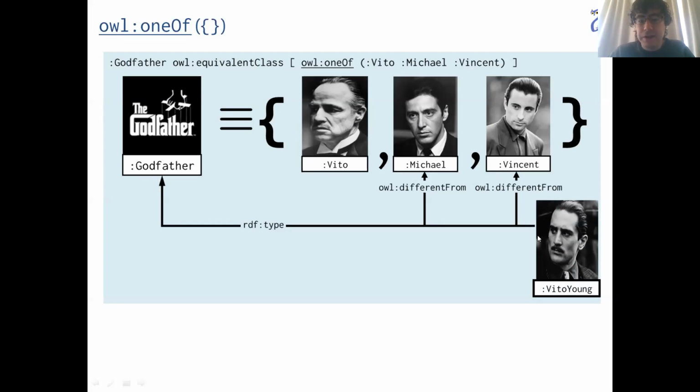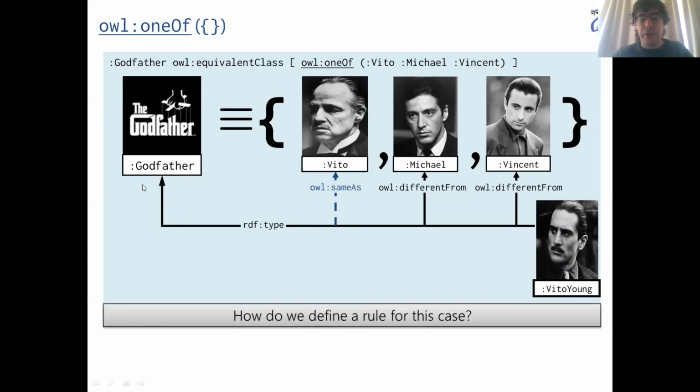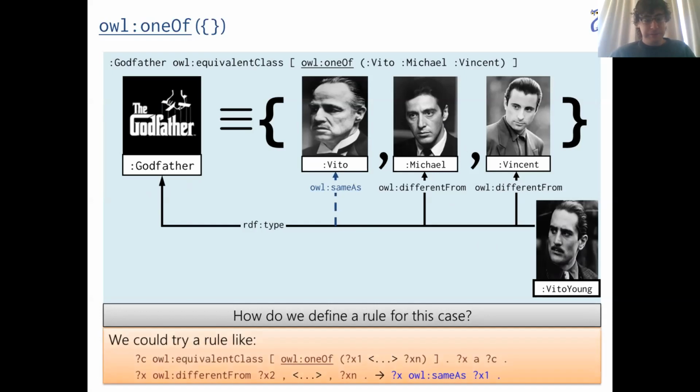So essentially the conclusion is that Vito Young must be the same as Vito, right? So there's no other option. We know that this entity is somehow in this class here. And we know it's not Michael, we know it's not Vincent, so it must be Vito. Right? So essentially the point is that we can try to think about defining a rule in such cases, but